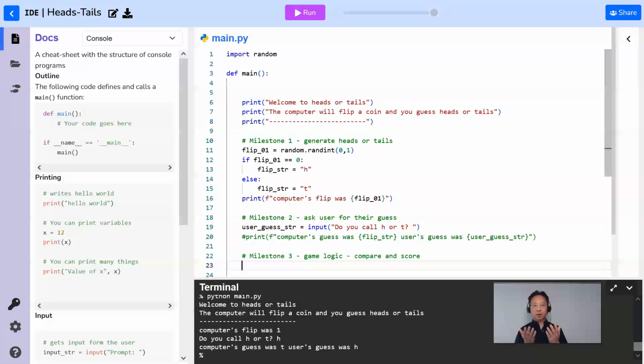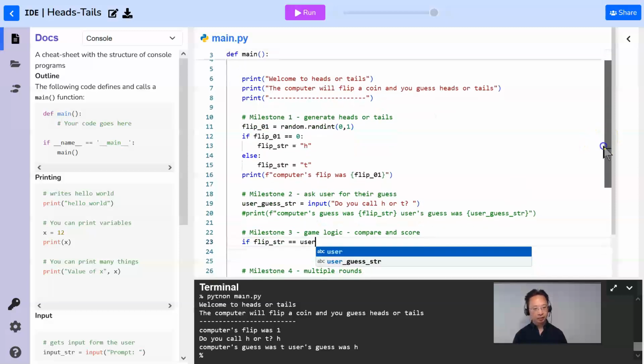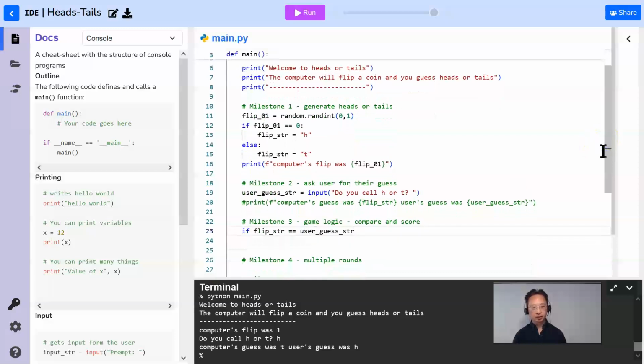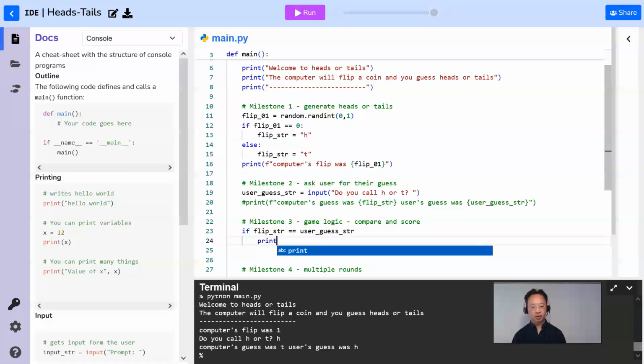But you notice in both of those cases, the strings are the same. So there's actually only one comparison we need to make now. And again, this is facilitated by having gone back up there and changed the 0 and 1 to an H and T. We can just say if flipster equals user guess, gosh, I've run out of space here. There we go. If that's true, then they match. And if so, we can now print